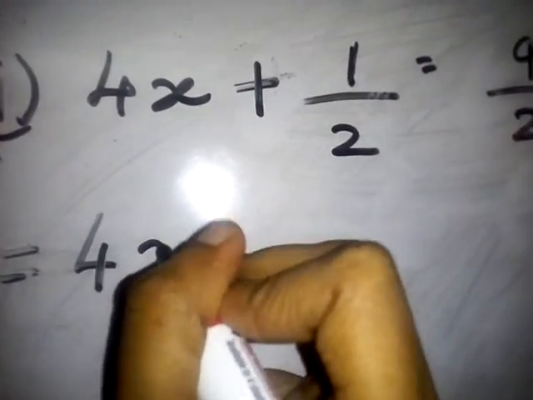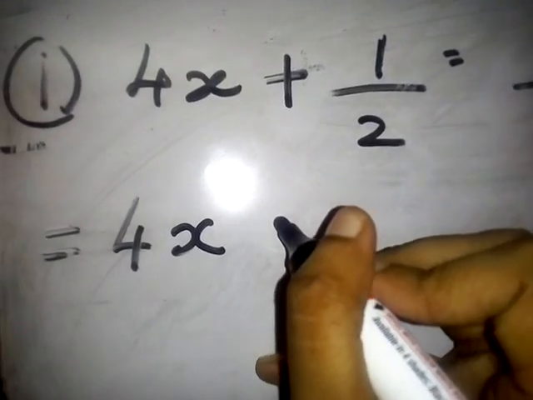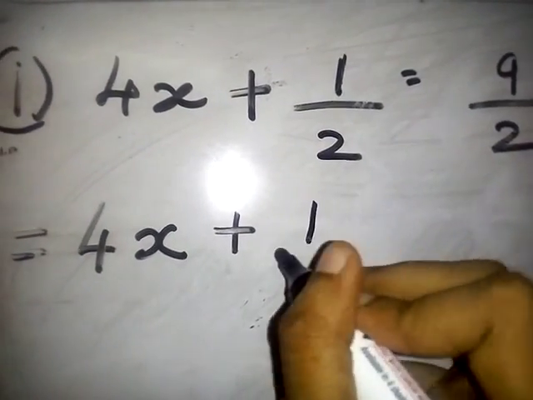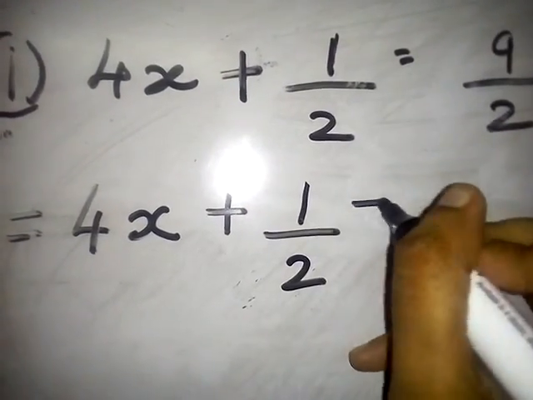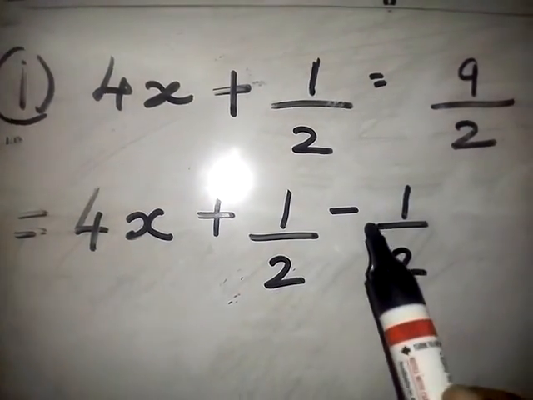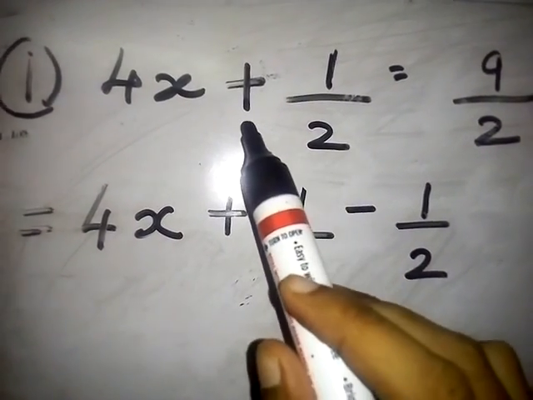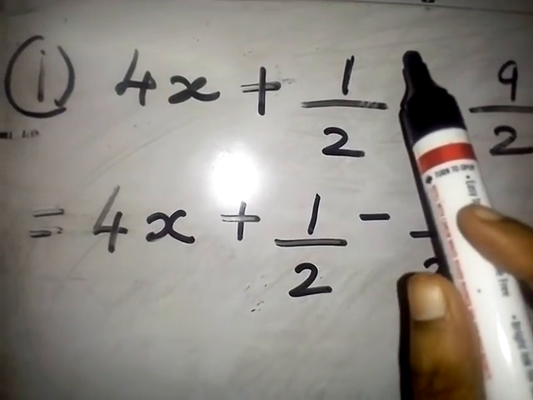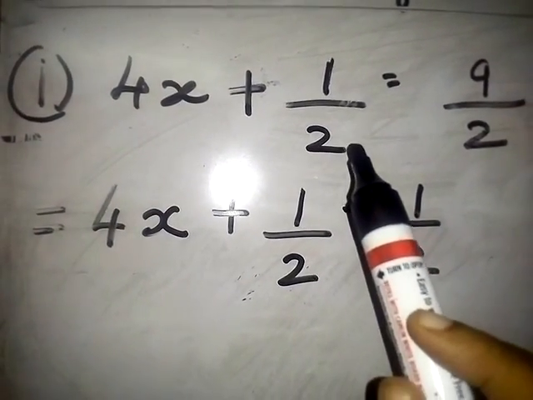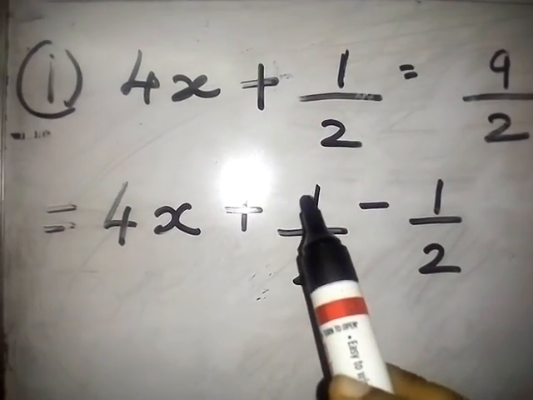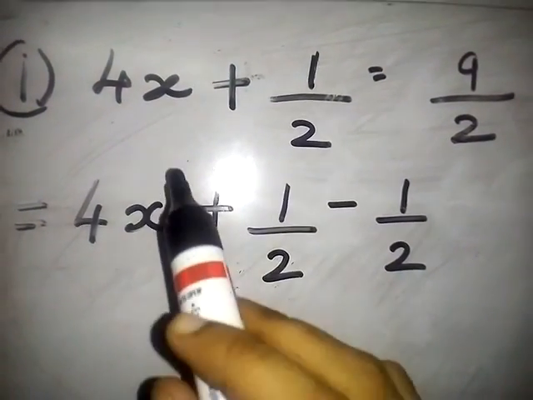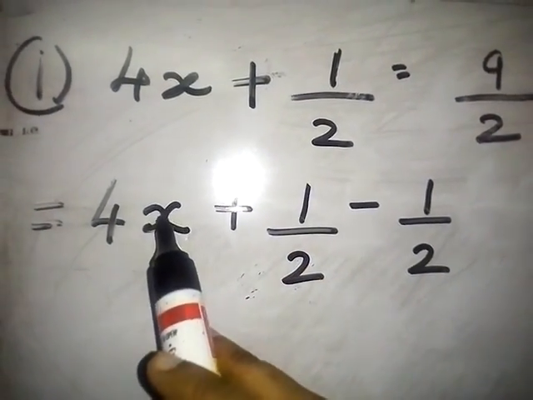For x, write as it is, number with variable, plus 1 upon 2 becomes minus 1 upon 2. Here plus sign is there, so you have to take the opposite sign, minus. After the sign, see what number is given, and then you have to take the opposite sign on that number. Numbers with variable, first you have to write as it is.